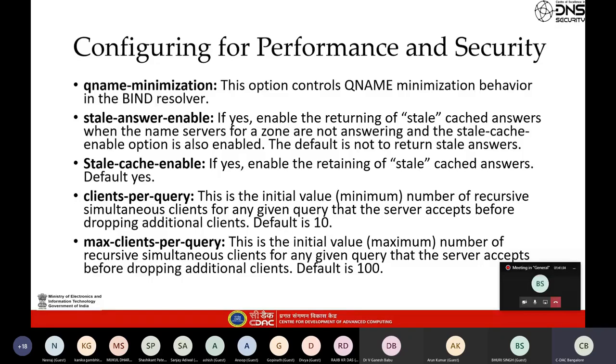So the idea behind QNAME minimization is to ask only for the name server of the immediate next level, meaning I ask the root for the name server of the TLD. So instead of sending coe.dnssecurity.in.asia to the root, I just ask the root where is Asia. I send a query only for Asia, and the root will respond back with the name server address of Asia,